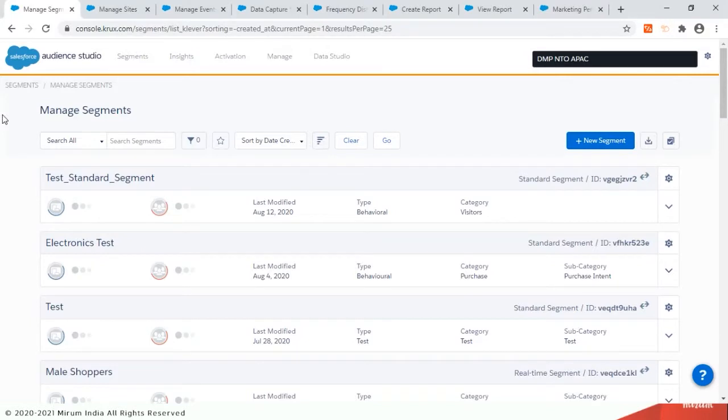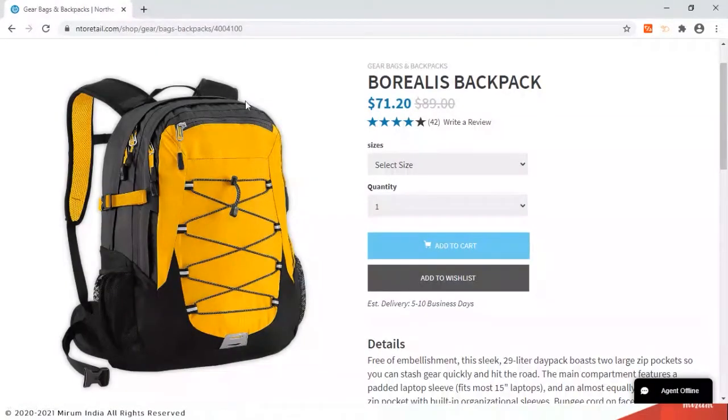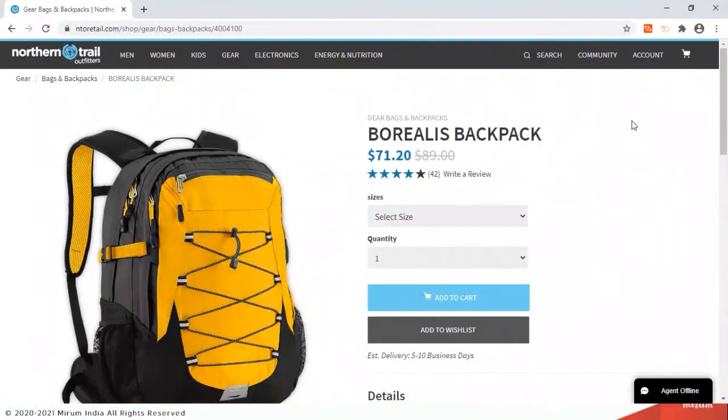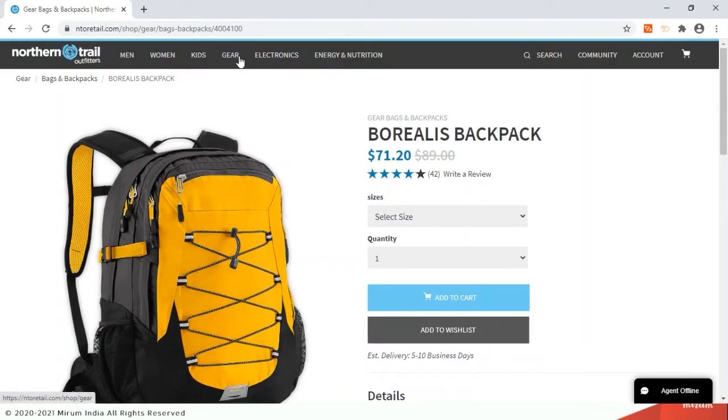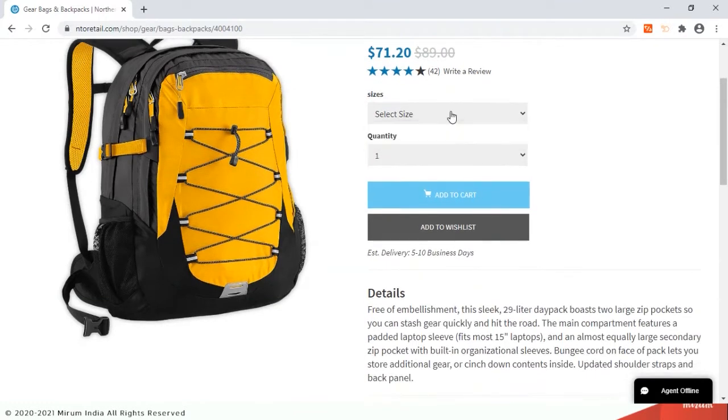So let's look at which are the relevant places on the website, right? Once I start my journey as a visitor on the platform, all the things which are done by me on this particular website are nothing but events, right? So I go ahead and click and check out this particular bag, right? I might check out the various sizes, or maybe I change the quantity. I can add it to my cart, or I can add it to my wish list, right? So I can certainly do an add to cart, right? All these events,